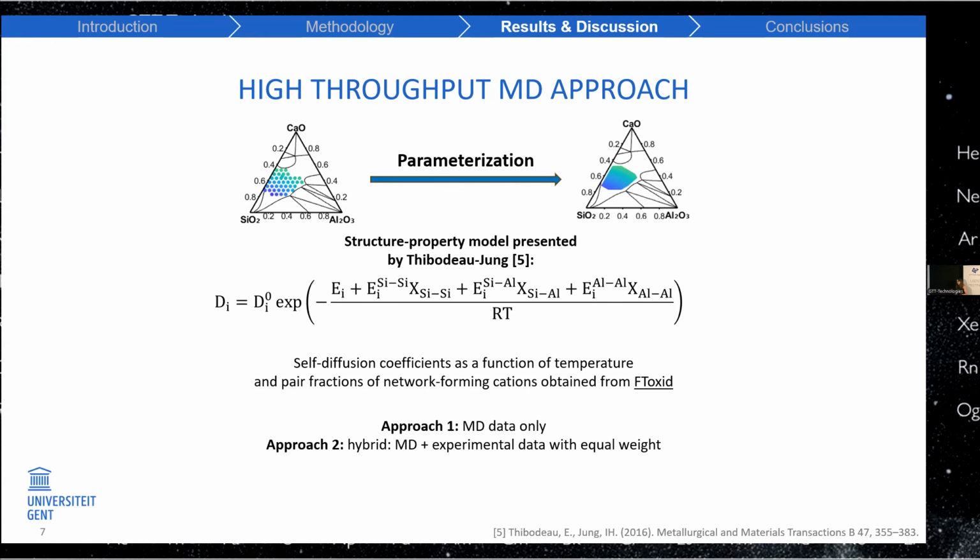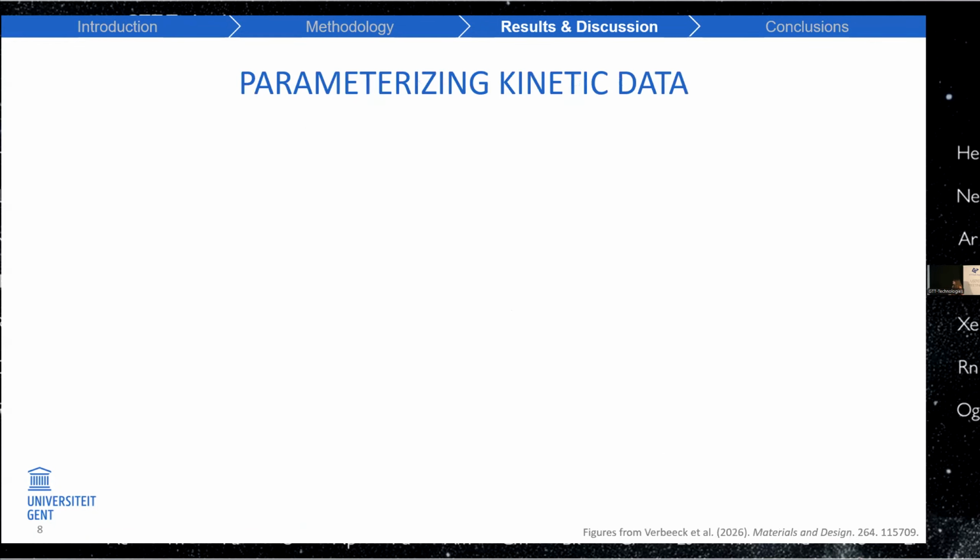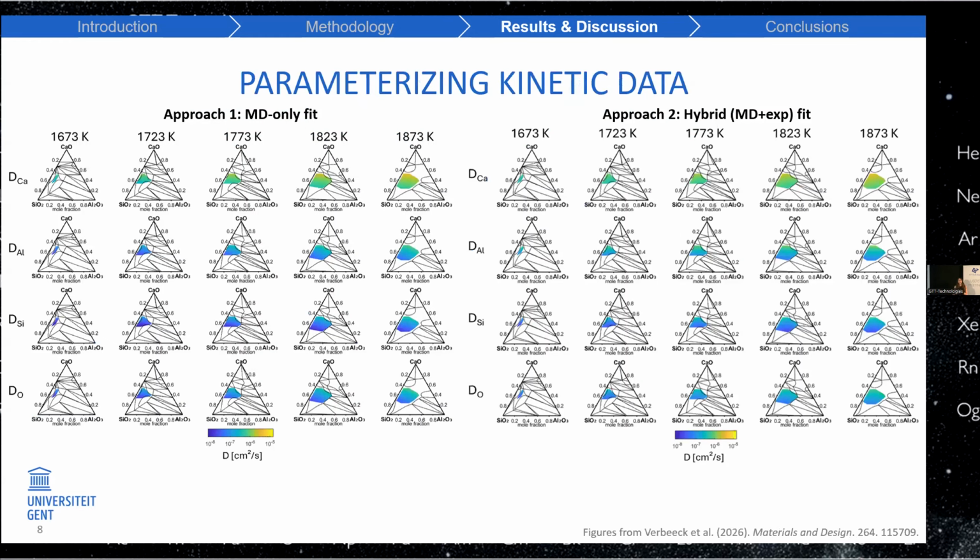There was not a lot available, but still it could give us a small tweak towards what was experimentally determined so that it was not exclusively computational. So those were the two approaches. We did the fitting and we could now get two nicely continuous expressions. So then we got our input that we were actually looking for at the beginning of my PhD, and we could actually validate these two fitting approaches by comparing it to experiments.